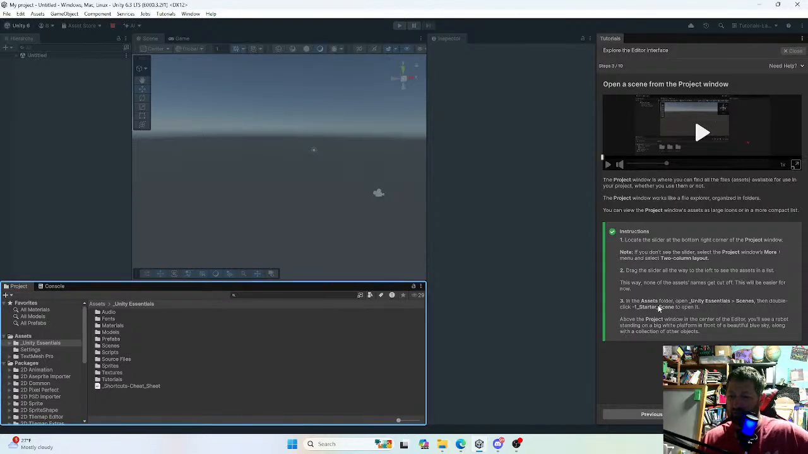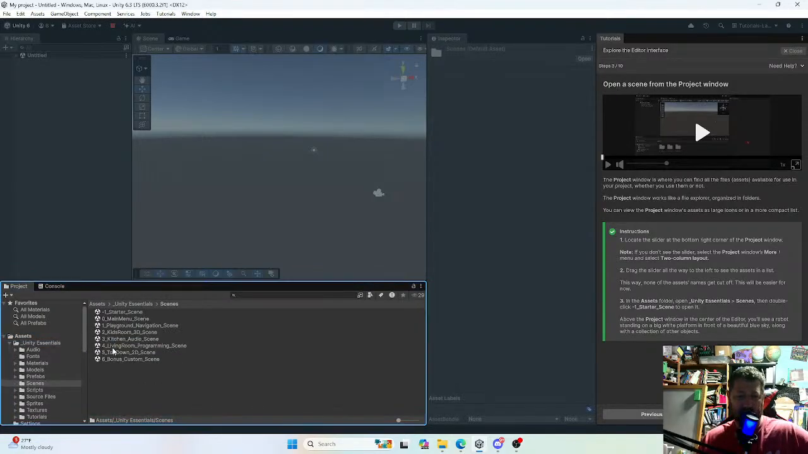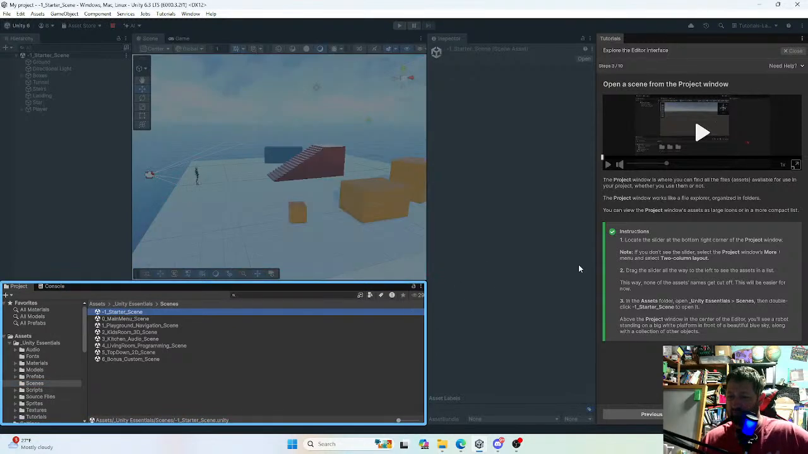All right, so let's go to the Assets folder right here, and we are looking at Unity Essentials Scenes. So click on Unity Essentials. We have Scenes right here. Open that up, or we can open it up, yeah, like that. One starter scene. Double click it. There it is. Okay. Above the project window in the corner of the editor, you'll see a robot standing on